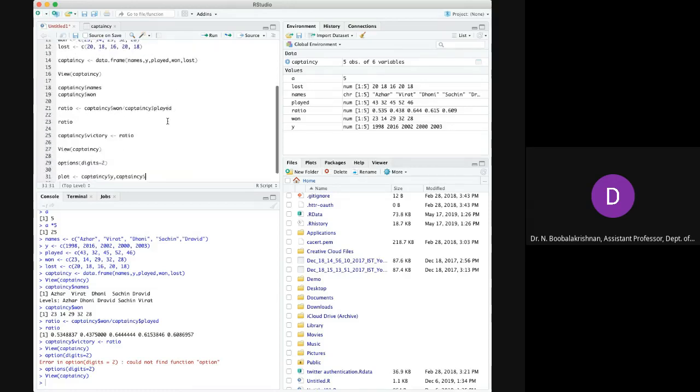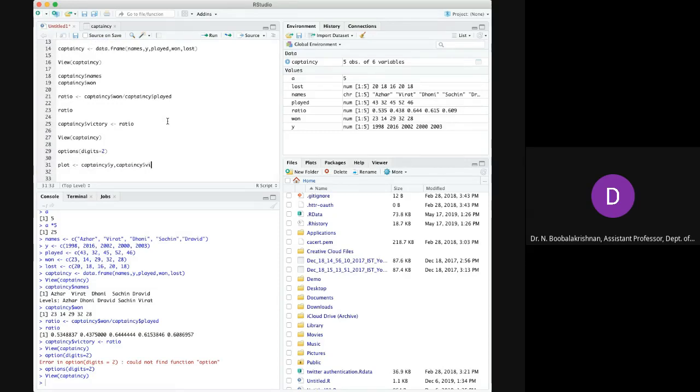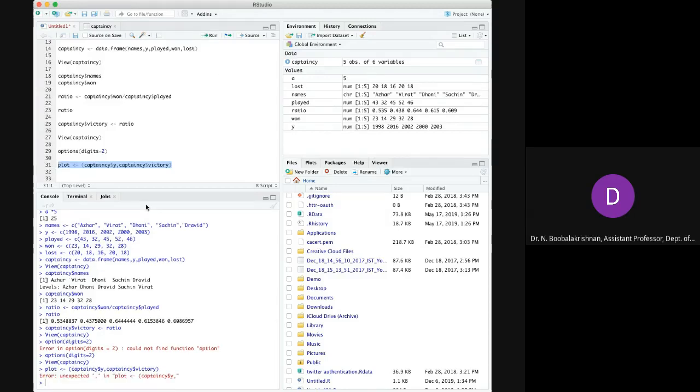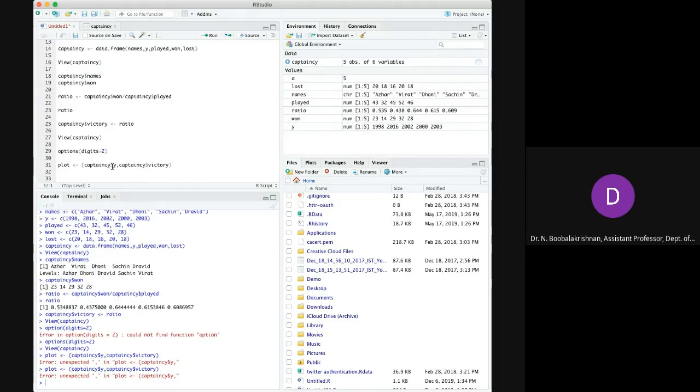Plot captaincy dollar y. I think there is some issue.